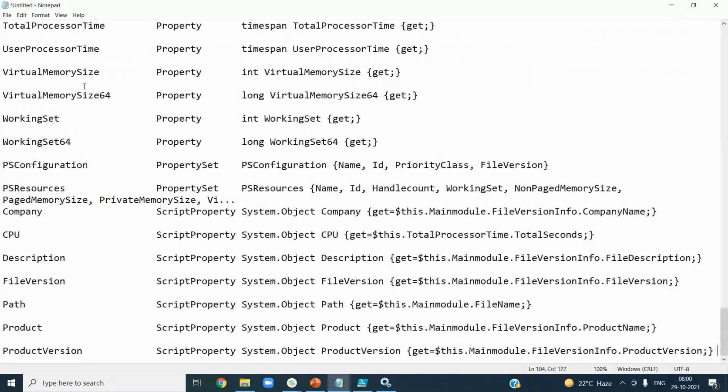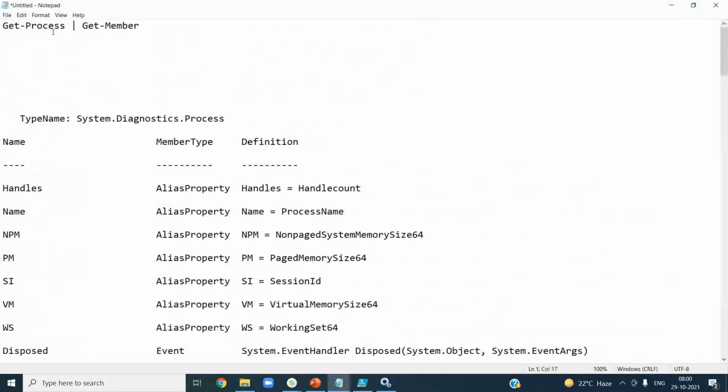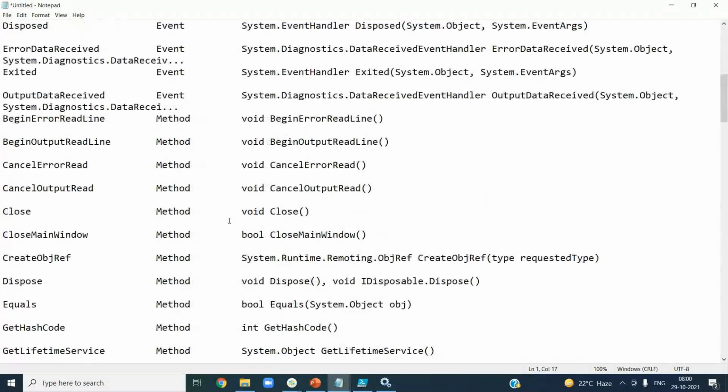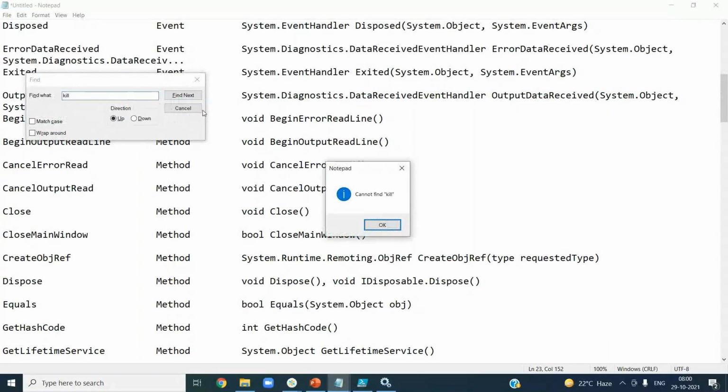When I use this command, I want to identify what properties and methods are available. For example, let's look for kill. There should be kill as well.